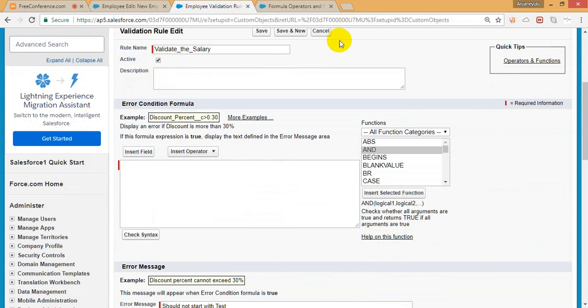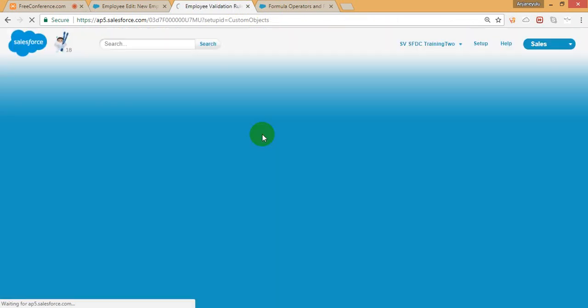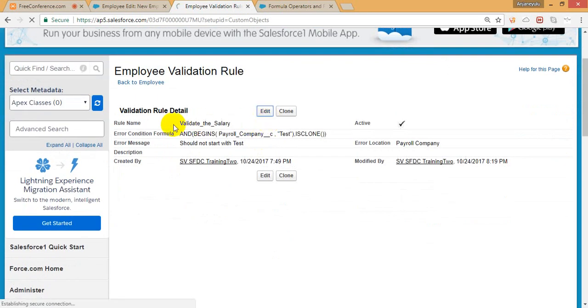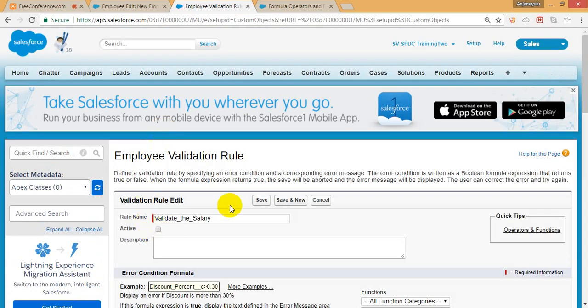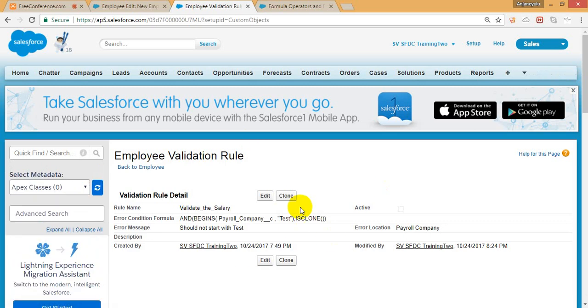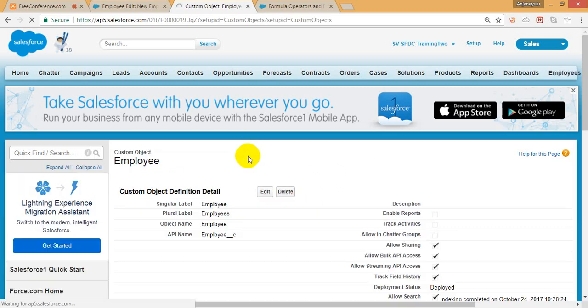If you want to deactivate the validation rule, then click on edit, deactivate, and save. Now the validation rule will not fire. Okay, so the next thing is